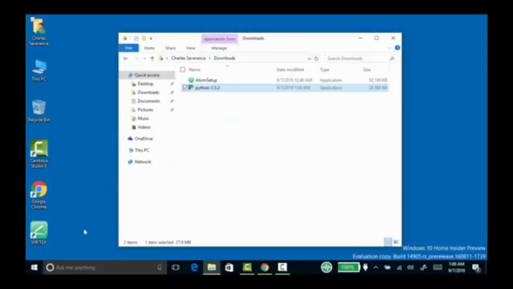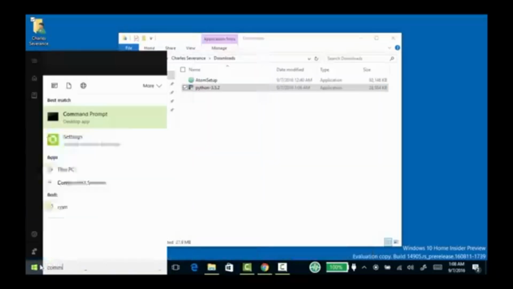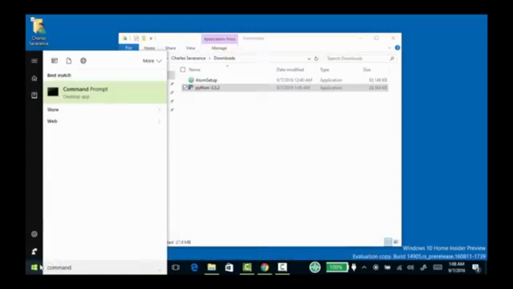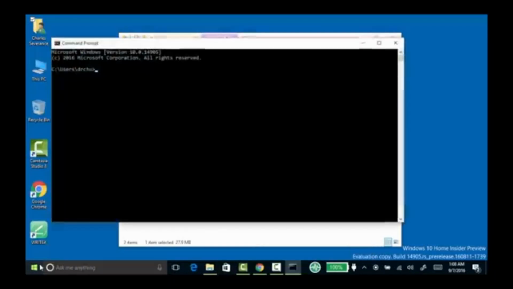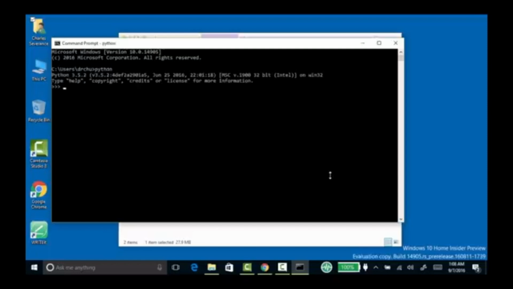And I'm going to start and run the Windows command line. Now, you may have all kinds of fancy ways to run Python, but I like running the command line because after a while it's important to know what folder things are being run in. And so here's this command line, and I should be able to type Python here. And so now I'm in Python 3.5, and this chevron prompt is the Python interpreter, where it's asking for Python commands, and I can say print